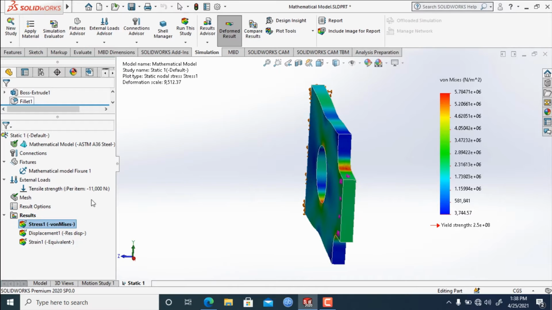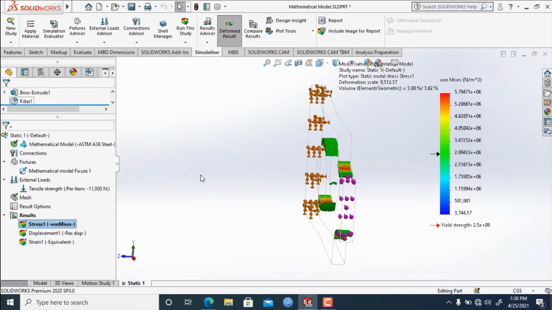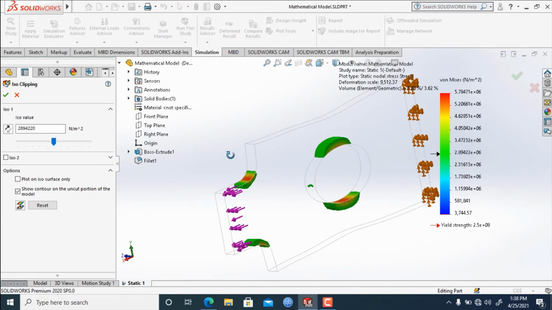Okay. Now the next option is ISO clipping. What ISO clipping does, if we click on it, it allows us to show the maximum and minimum amount of stress areas. Here the ISO value, we can select the value as we want. Suppose, for example, we want to show the area where the stress is 5.2 into 10 to the power 6 Newton per meter square.